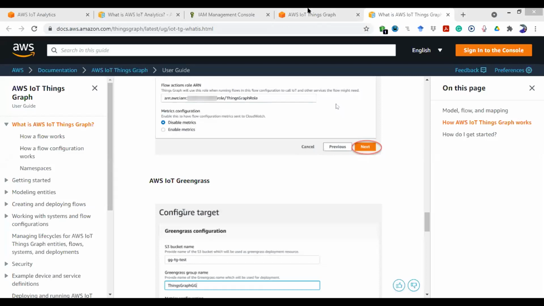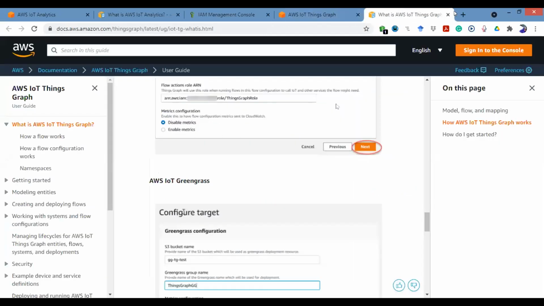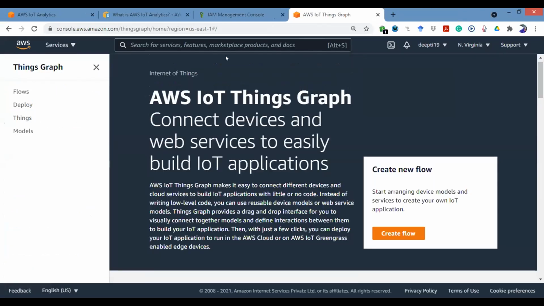Hi, can you see my screen? Yes, I can see your screen. Go to the console, sign in first. Yes. Now search for Things Graph. Okay. Click on flow. Yeah, create flow.